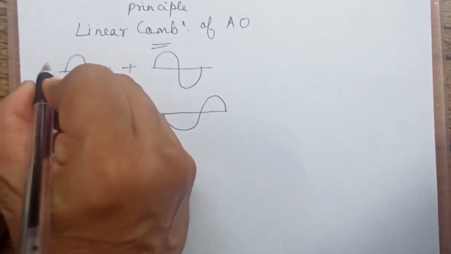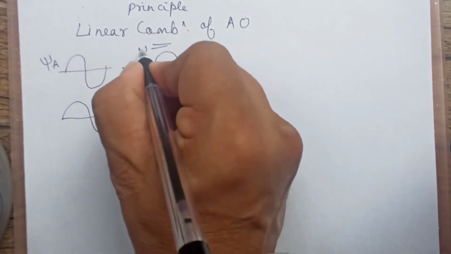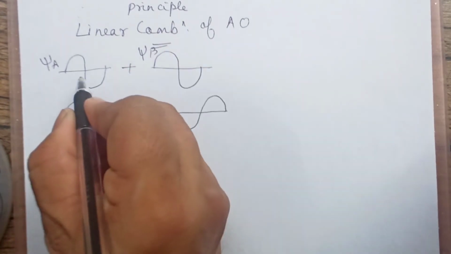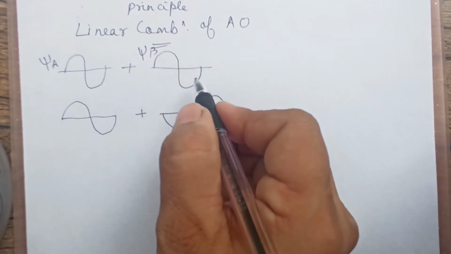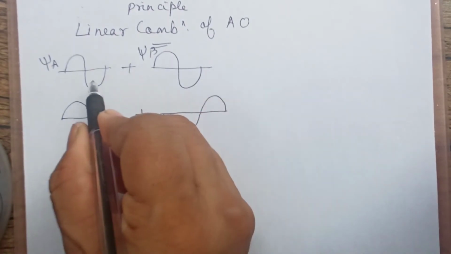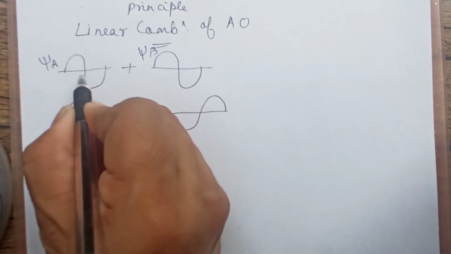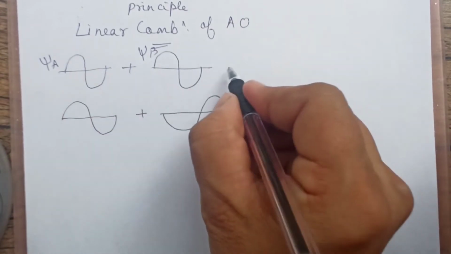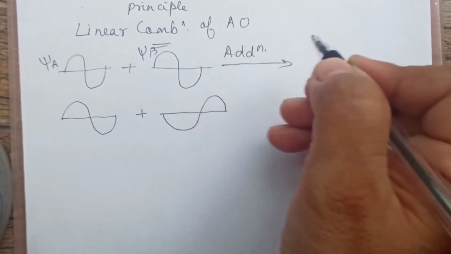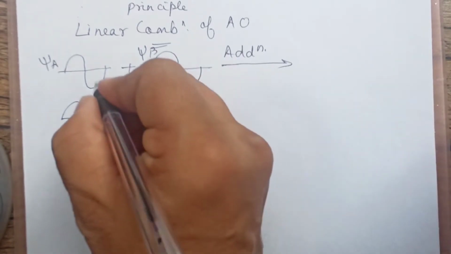So suppose we are representing the wave functions as A and B. These are the two wave functions. These represent the amplitudes of the electron waves of two atoms A and B. When the two waves are in phase, you can see the crest and trough are in the same direction, then we say they are being added. There is addition. So when the two waves are in phase, that is constructive interference, then we add them up.